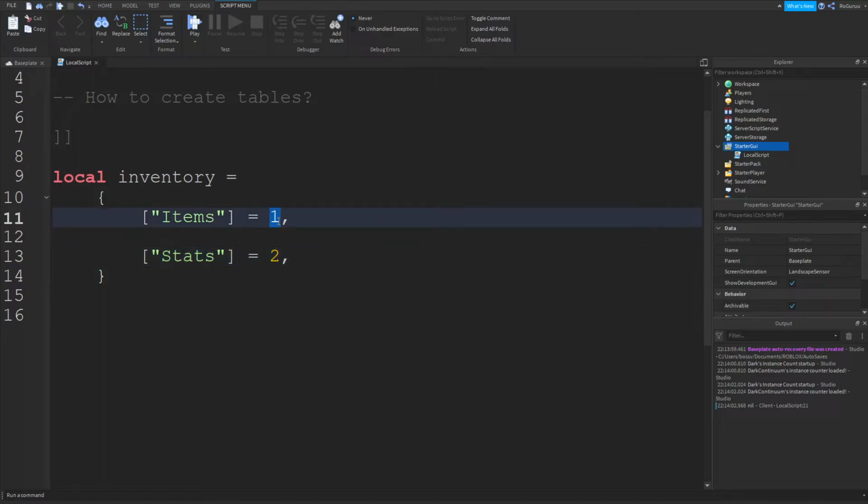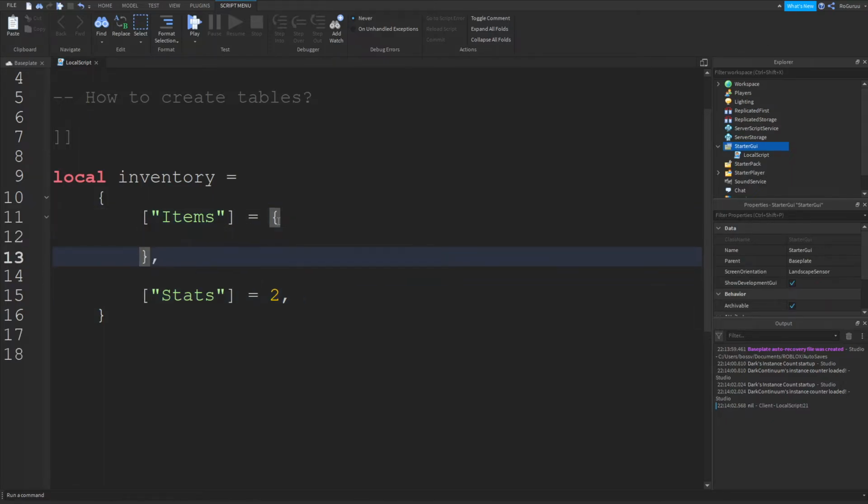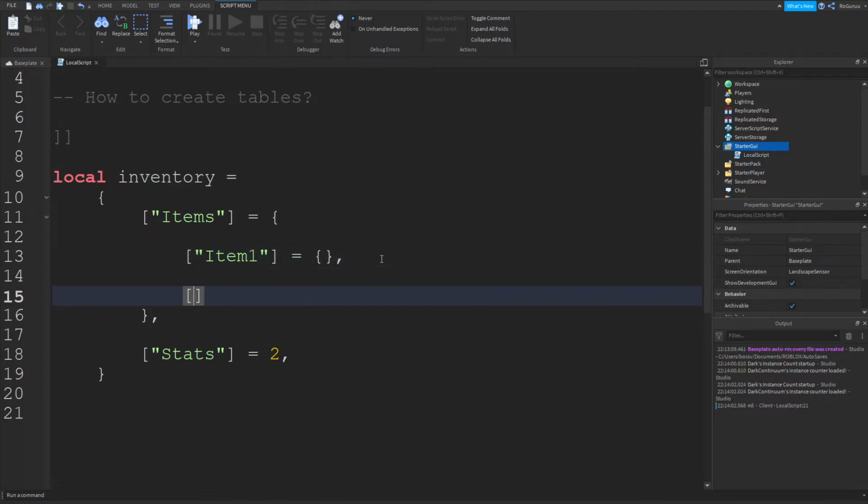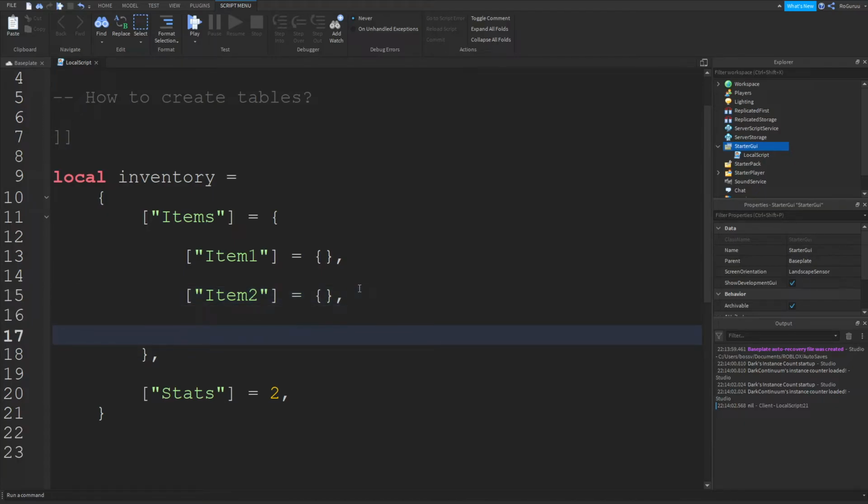And items will have another table, and this table will consist of item 1, item 2, item 3, and so on.